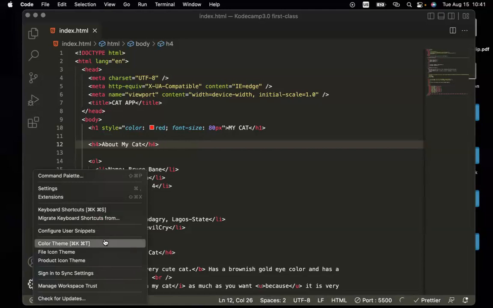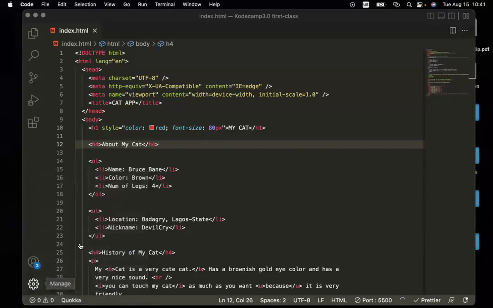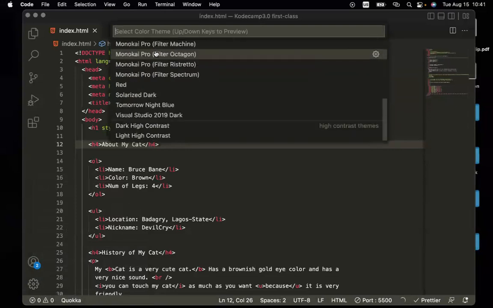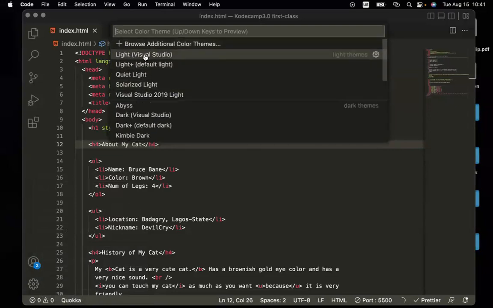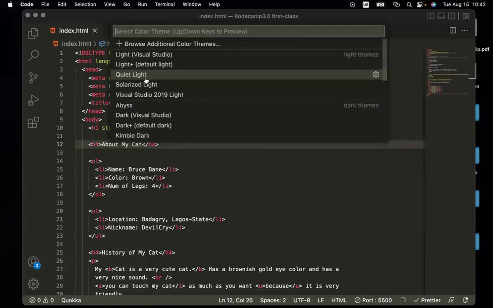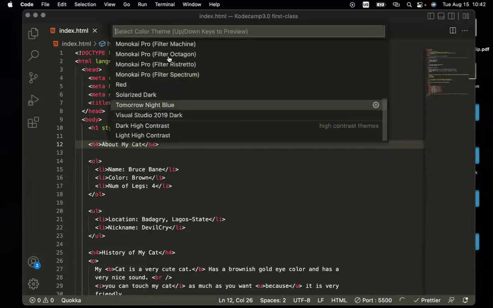But for now, if you want to beautify the way your VS Code text is being displayed, just click on color theme. And then here you can see different color themes. You can choose anyone you want to choose. You can choose the light VS Code, the quiet light, the colorize, and all of them. So, okay. If you choose them,